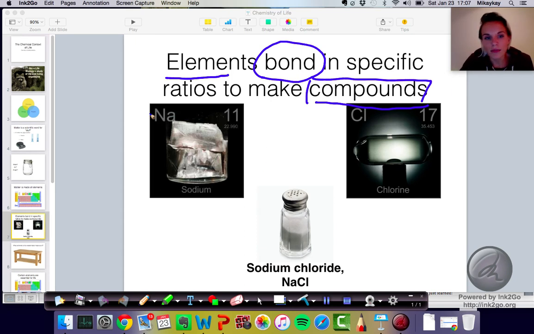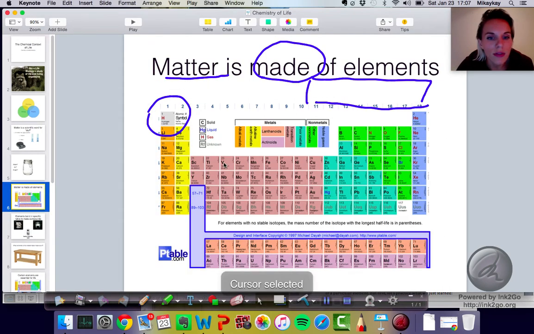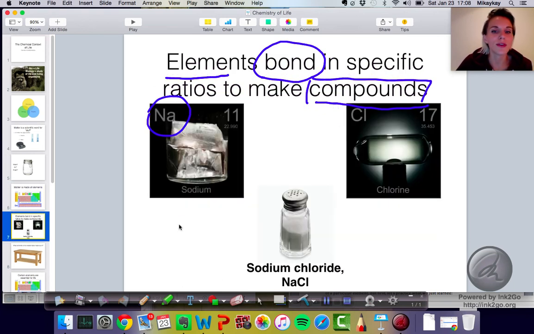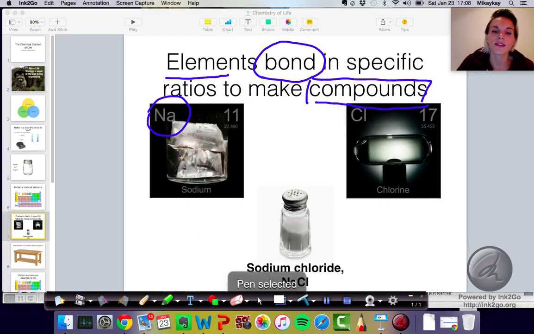So sodium, symbol is Na. If we go back to the periodic table, I can point it out for you guys. You should remember, though, that it's in group 1 right here, sodium. And it is a metal, specifically an alkali metal. And if you've ever seen it, maybe in a video, maybe in real life, you would know that sodium is a soft metal. You can take a butter knife and slice it, and it reacts really intensely with water, which is great. So we have our sodium here.